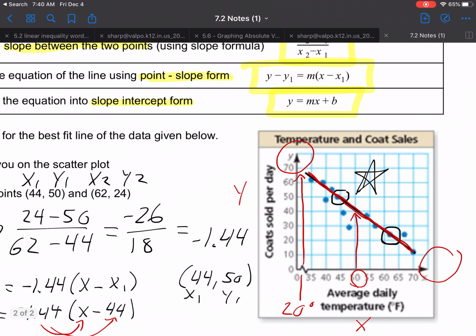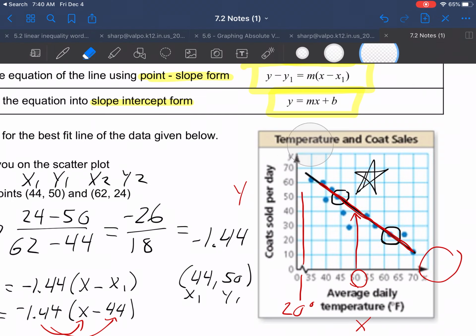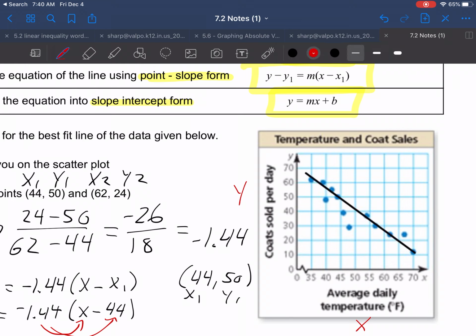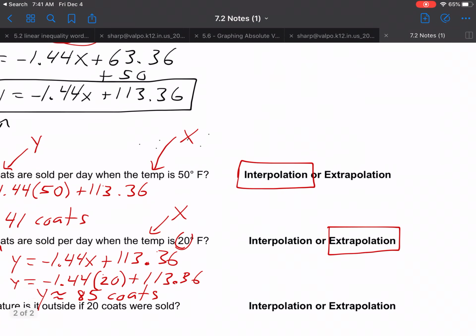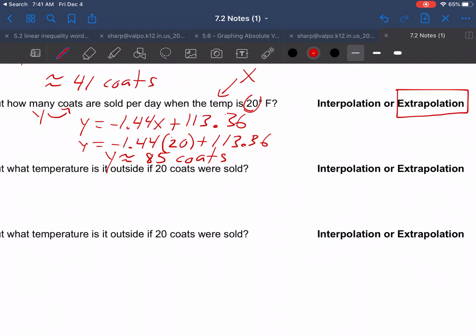Well, let's see. I'm actually going to clean this graph up a little bit as well. It's getting kind of messy. So let's see. When 20 coats were sold, that would be like here. So if I look across, that's definitely on my line, right? 20 coats is on my line. So that's interpolation, because it's inside the data. So 20 coats should equal negative 1.44x plus